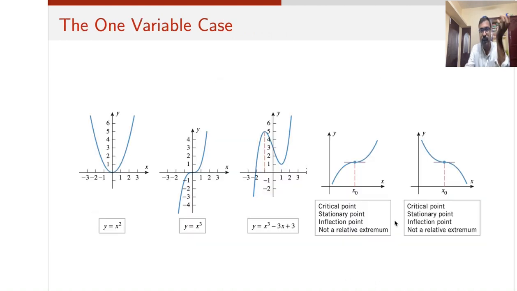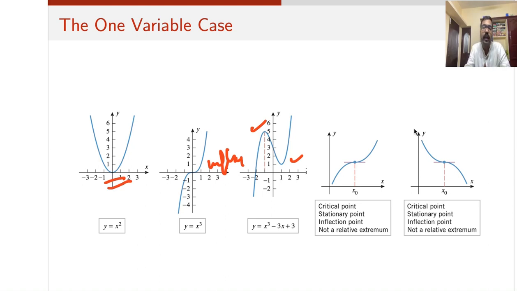Now these are some examples of this case. You can see that this function has a relative minimum here. Here there is no maximum or minimum, it is called an inflection point. Here there is a maximum, here there is a minimum, and again here there is neither a maximum nor a minimum, because at one place it is increasing and at another place it is decreasing, so it's called an inflection point. So these three possibilities can come: there can be a maxima, there can be a minima, or there can be neither a maxima nor a minima.